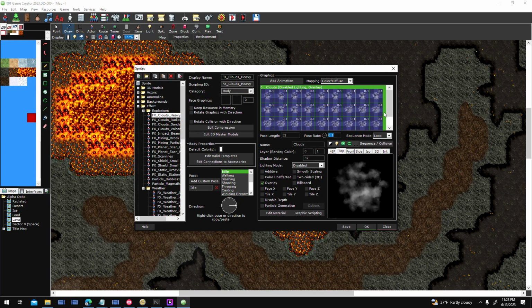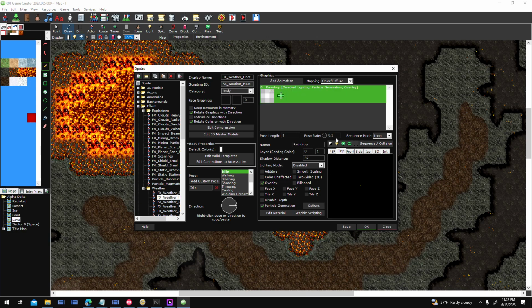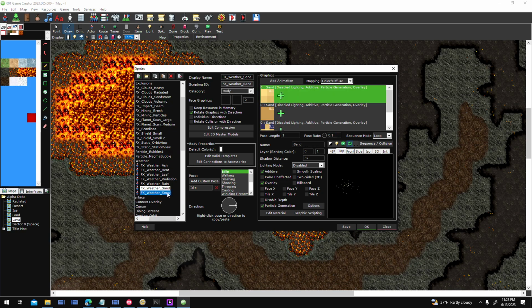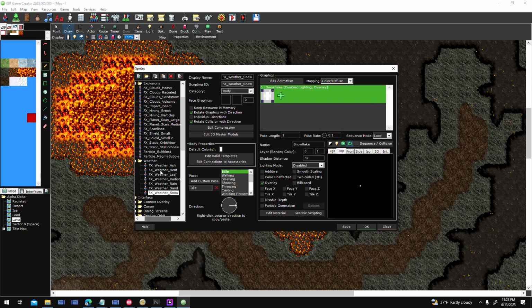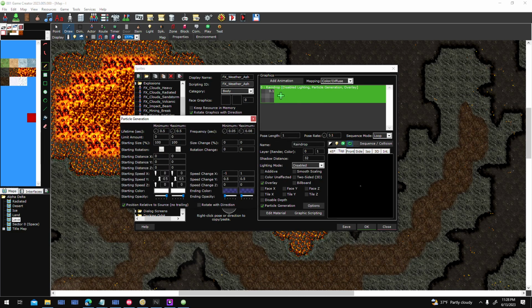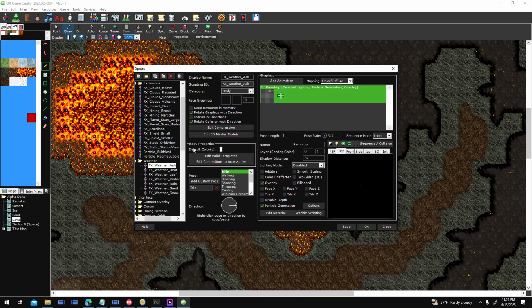The pose rate here determines how fast it plays, so if you have particle generation going, like, say, let me see where, I know I have one where I'm using a pose rate difference. I just don't remember which one. Well, normally I tend to match my pose rate to the lifetime of my particles if I'm doing something like that, so it actually plays the animation slower in the game, but you'll notice sometimes things like explosions, I believe I have